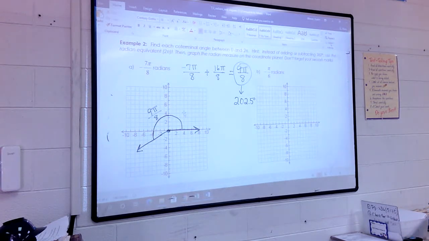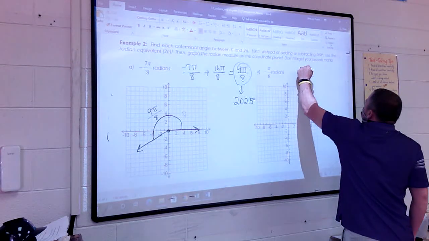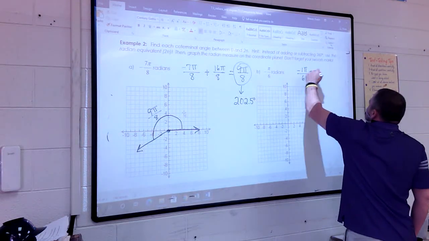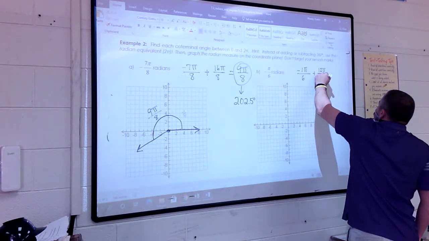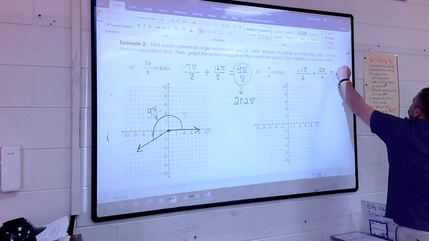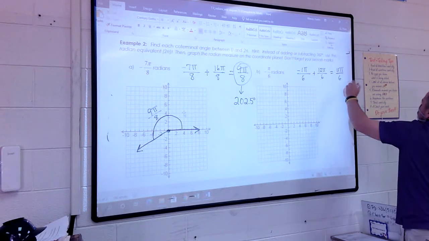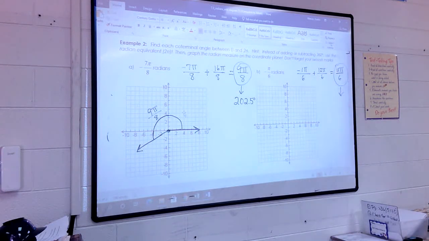So in B, we have negative pi over 6. So again, that's like negative 1 pi over 6. And we're going to add 2 pi. So that'll be plus 12 pi over 6. Negative 1 plus 12 gives me what? 11 pi over 6. So then we want to say, all right, what is that in degrees, just so we know. So 11 over 6 times 180